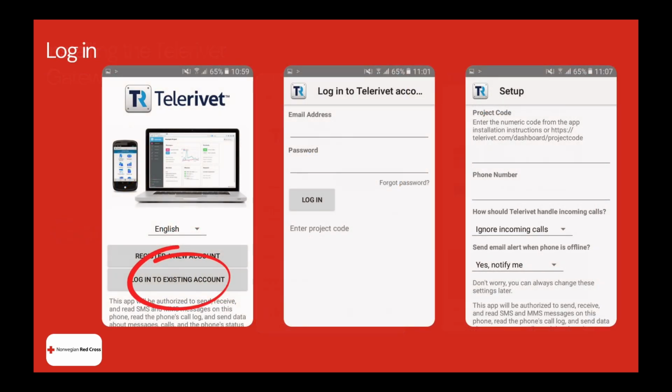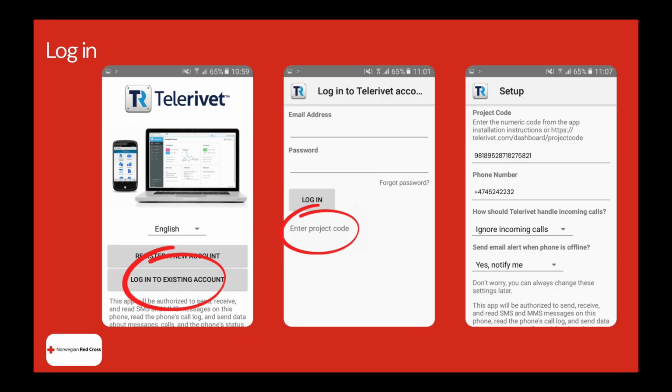After opening the app for the first time, you will see a welcome screen. On the next screen, tap Log into existing account. No need to fill out the email address and the password because we're clicking on the Enter Project Code button. Then enter the project code, which should be a combination of numbers that will be provided by a Nyss administrator. Then, enter the phone number associated with the SIM card in this device you're using, including the correct international dialing